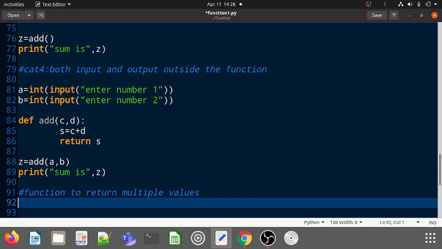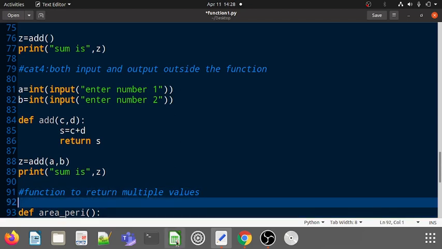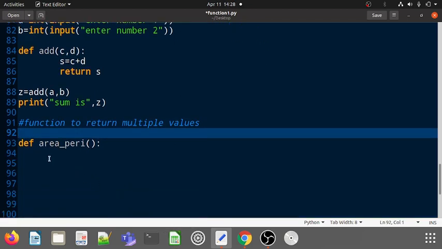So for example, a program to find the area and perimeter of a circle. Input we will take inside the function and we will return those values. So def, the name of the function I have given area perimeter for circle, right?